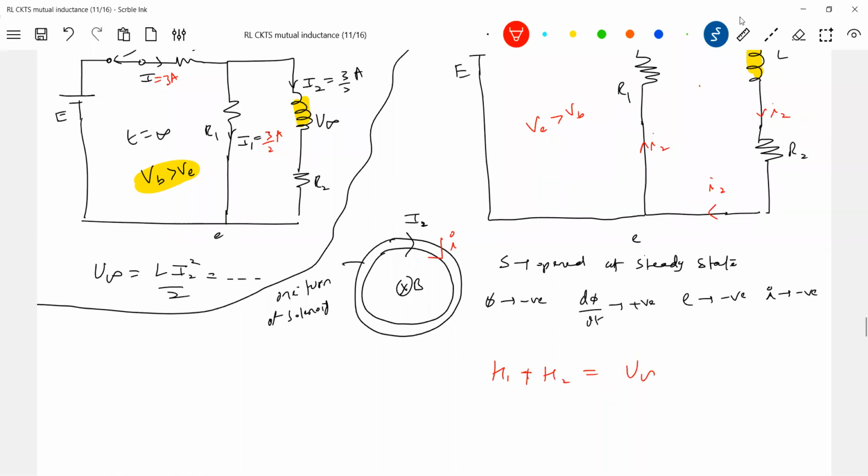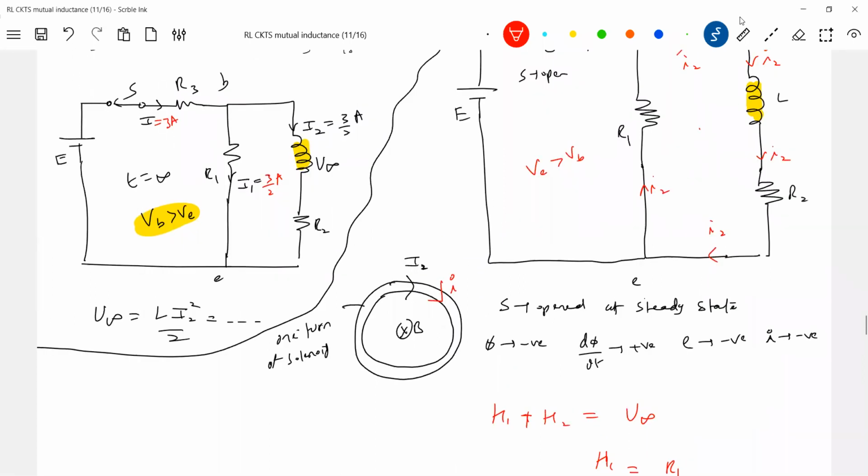Should be equal to how much? U infinity. Then we know H1 by H2. If the resistors are in series, then what is the total current? The same current will flow. Then the total heat generated in the resistors is,